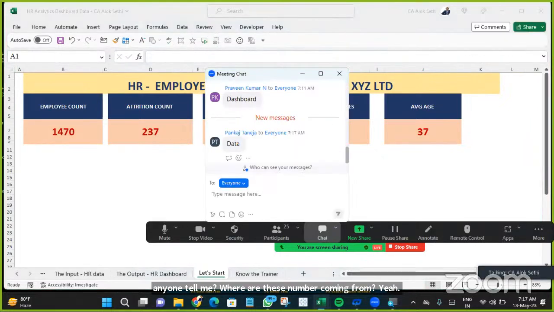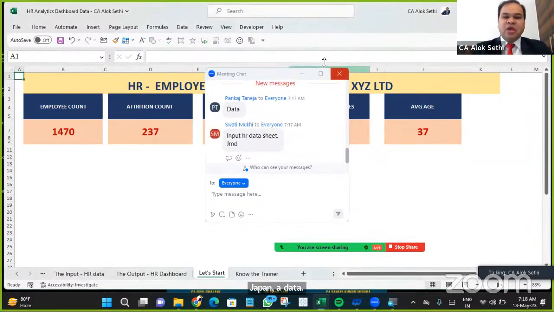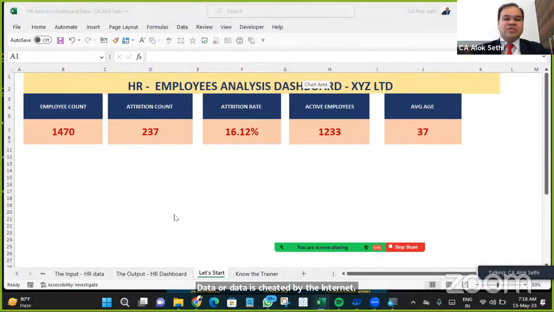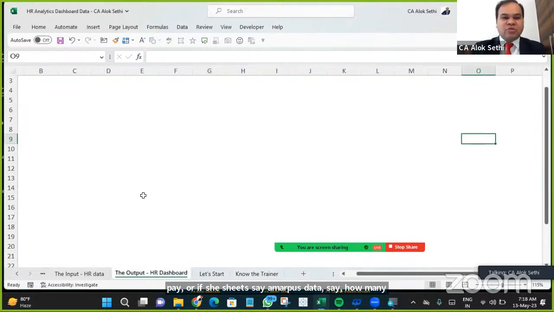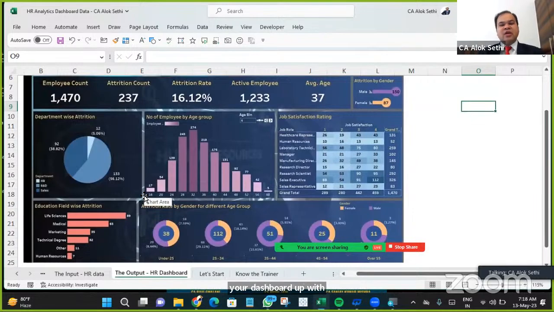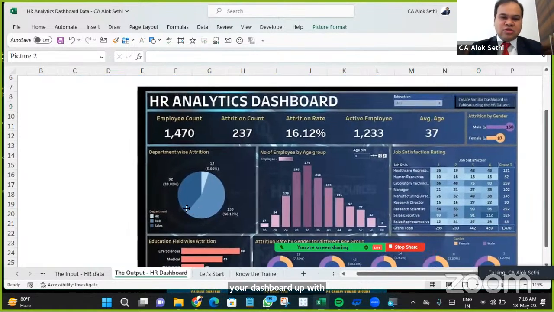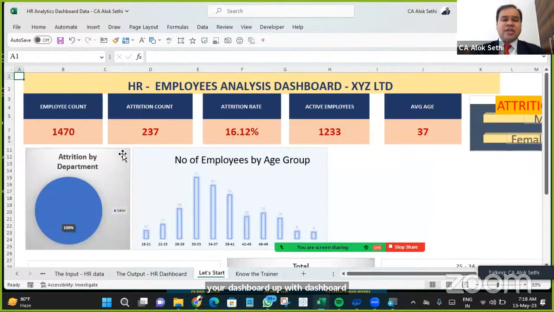डेटा, वेरी गुड, the data which you showed. एग्जैक्टली द डेटा विच आई शोड। तो जो मैंने डेटा दिखाया था वो डेटा इस शीट पे था, इनपुट HR वाले शीट पे, और इसी शीट से हमने इसको कन्वर्ट कर दिया इस डैशबोर्ड में। तो ये जो डैशबोर्ड आपको दिख रहा था अभी, यहाँ पे Ctrl+6 आई प्रेस, ये आपको जो दिख रहा है इट इज अ इमेज। इसकी मैंने पिक्चर निकाल दी है, उसको स्क्रीनशॉट ले लिया था। नाउ हाउ टू क्रिएट दिस, उसके लिए आपको क्या करना